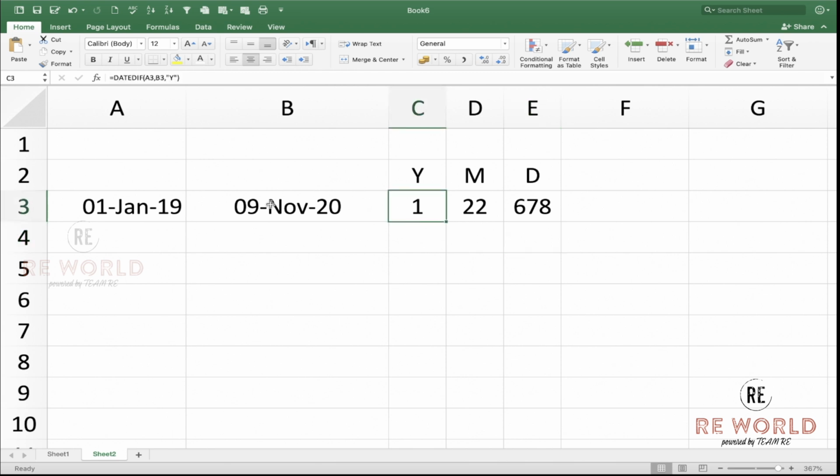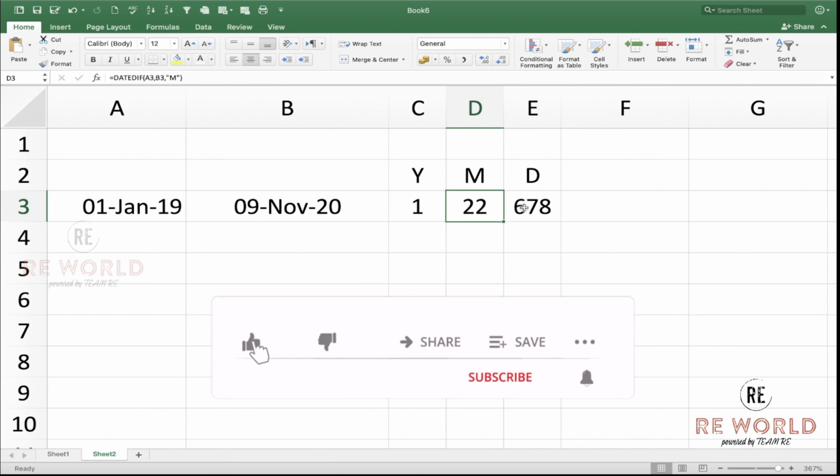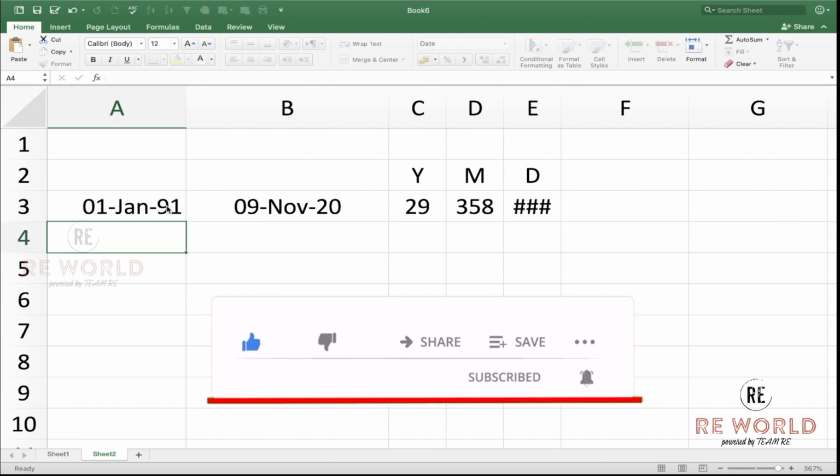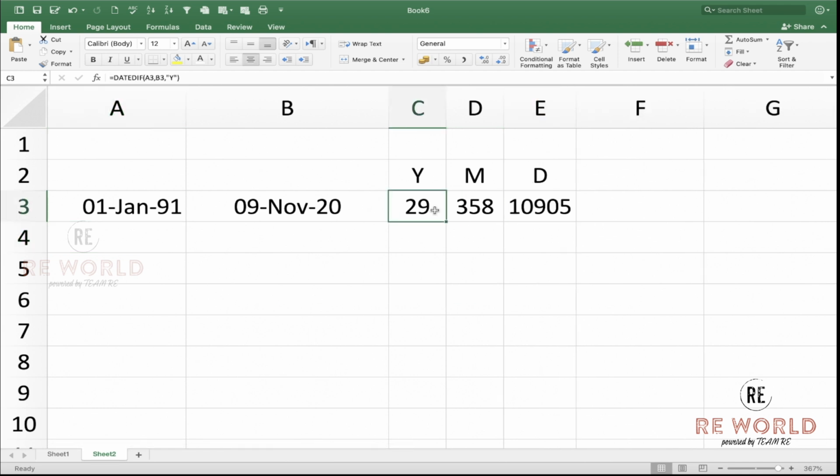So here I got the difference between these two dates: one complete year, 22 complete months. Remember, mark my word, these are complete months, and 678 days. But what I need is the year, then the remaining months, and then the remaining days. Let me change this date to a bit earlier. Let me make it 1/1/1991. So from 1st January 1991 so far 29 years have passed, 358 months have passed and 10905